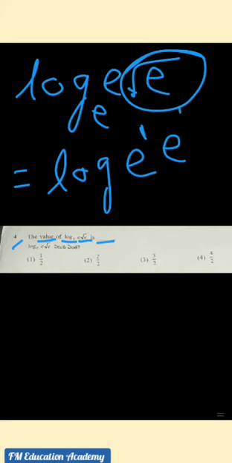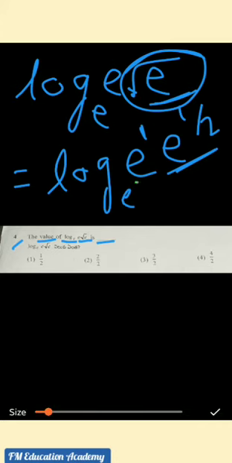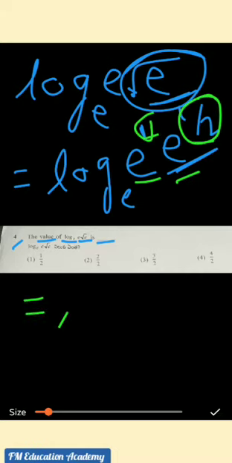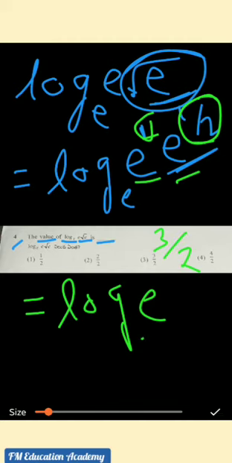So what will it become? Log e also we will write in the form of exponential form. So e can be written as e power 1, and root e we know is e power 1 by 2 when we convert root to exponential form. Now we know the base e is also there. It is of the form of a power m into a power n. A power m into a power n is a power m plus n. So this can be written as log e power 1 plus 1 by 2. 1 plus 1 by 2 is 3 by 2 to the base e.